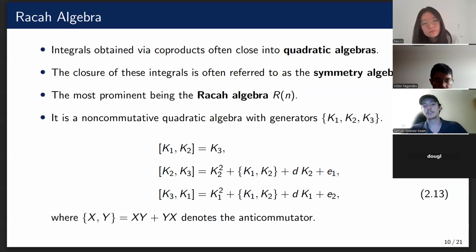One of the most important examples of which is the Racah algebra, given by Rn. The Racah algebra is a non-commutative quadratic algebra generated by three elements, let's say K1, K2, and K3, with defining quadratic relations given in equations 211 to 213. Now, it first appeared in